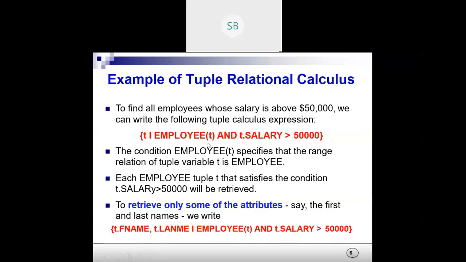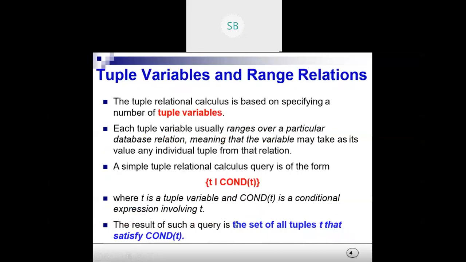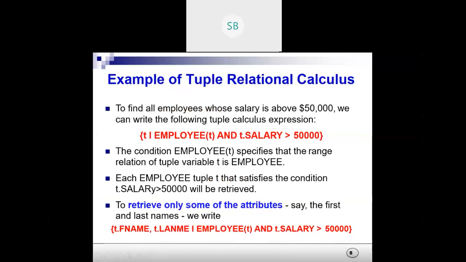And here we have the symbol. If you think of this part, just think of the entire part. So this is the syntax. This is the tuple variable name T, and this entire thing is the condition. So this condition of T consists of Employee of T and T dot salary greater than 50,000. Just think, we are referring to the table. Which table does this T belong to? Employee of T, and salary is greater than 50,000. Are the parts clear now? Any confusion?